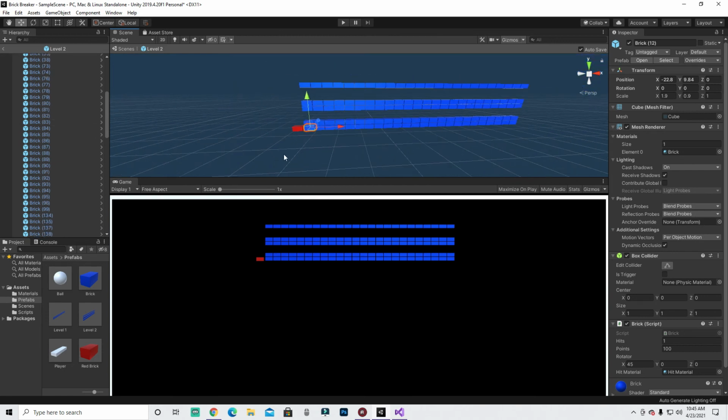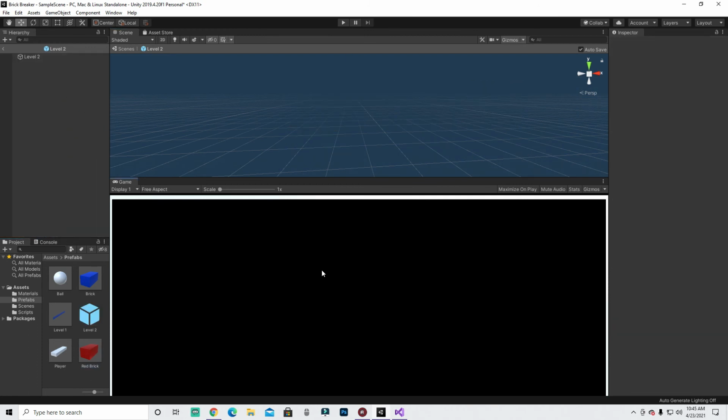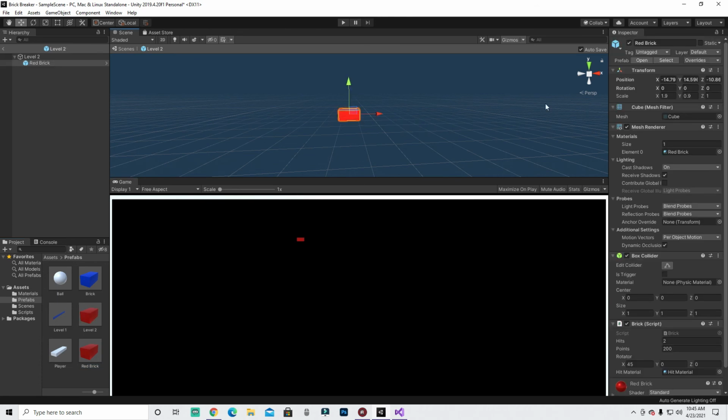Okay, so quick fix. If you ever have a catastrophe like this, just go ahead and commit death to all of them, to your bricks. And then reset that, and then revert the scale. And then let's make a cool little level. So let's make a level 2. So in level 2,